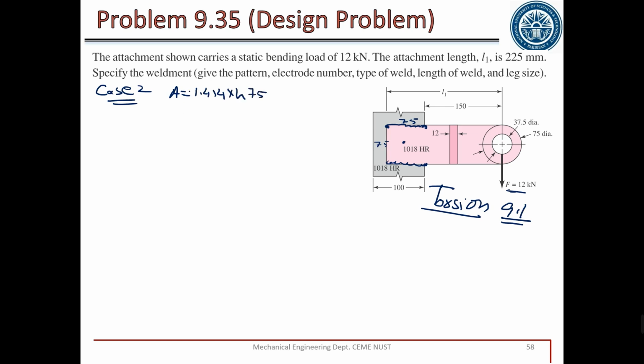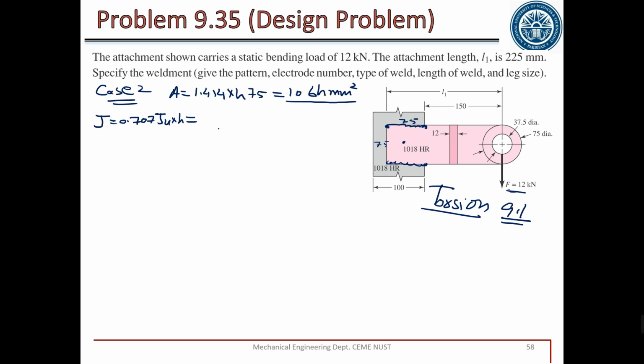So the final area, if we substitute all the values, the value of area is 106h. So this is the area of this weld. Secondly, we need to check the value of J. J is equal to 0.707 into h into